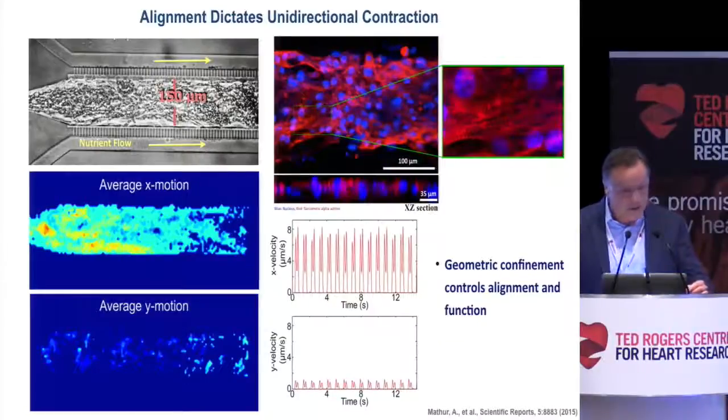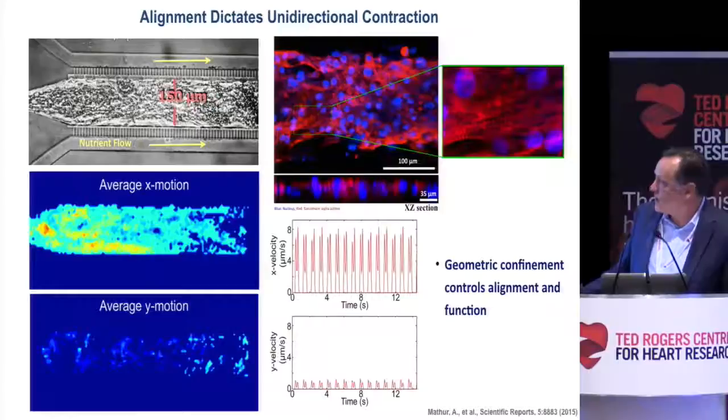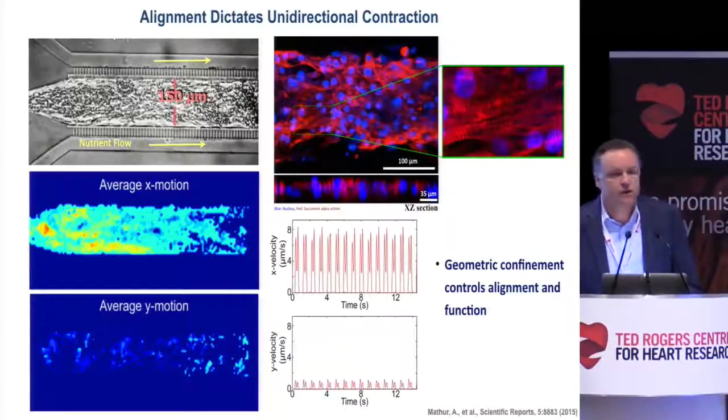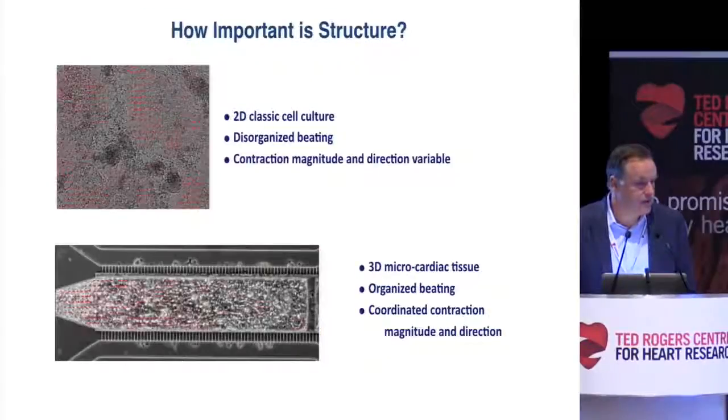And so in our case, when we load our chip, we get something that looks like this, beating cells. The alignment forces this average motion. This is our x direction, average motion in the x direction versus the y direction. You can look at the contraction relaxation velocities through an optical analysis software that we have written to give you this kind of information. And then you can, of course, do destructive sampling, which is just a confirmation that there's sarcomeric alignment in these kinds of systems.